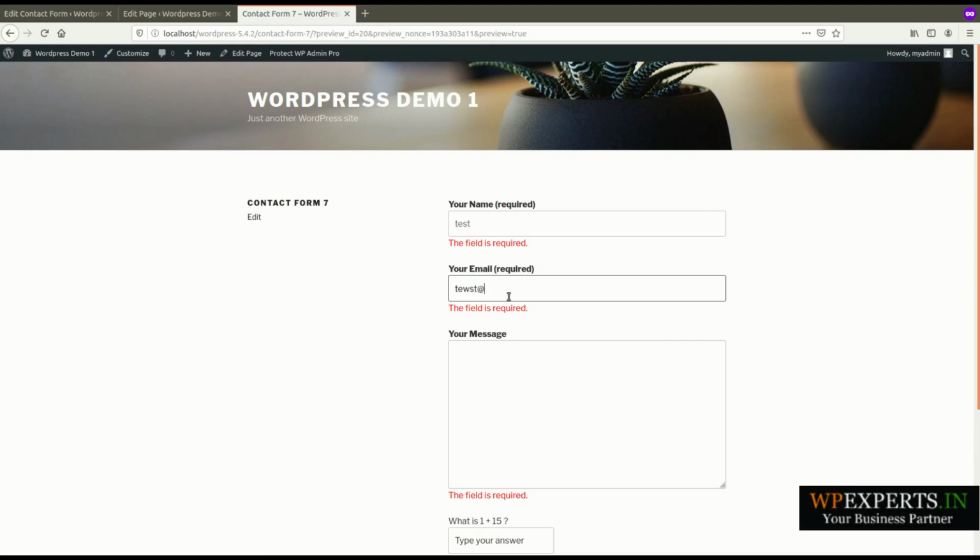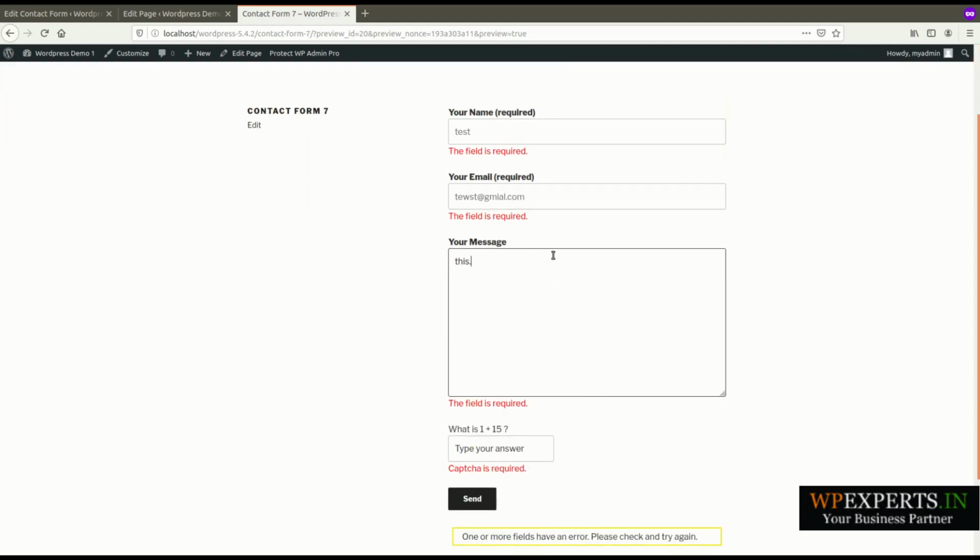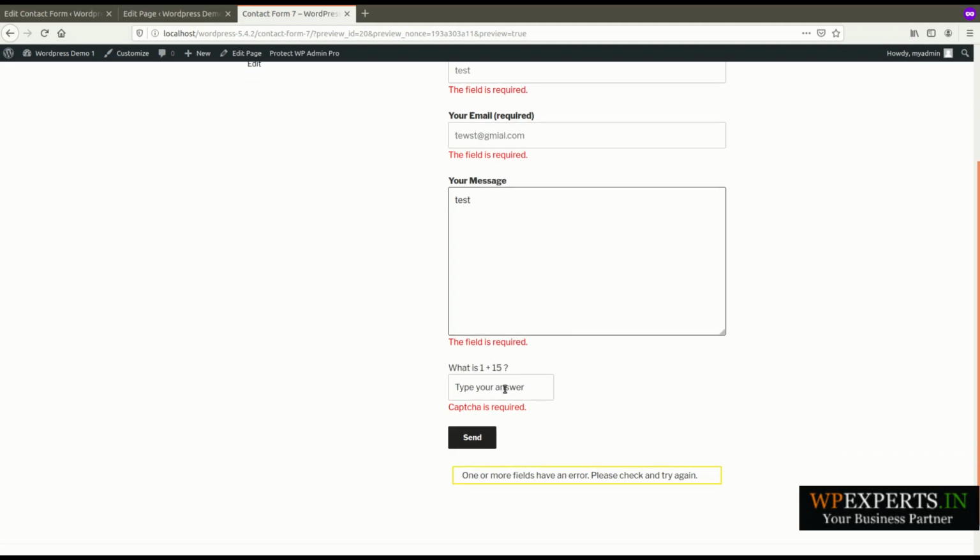I enter test at gmail.com. As I have set this up on my local system, mail will not be delivered to my email ID, but I'm going to just test. Here I'm trying to enter text. We have added validation on this field, so you can add numbers only. Let me try to give a wrong answer here, 20.